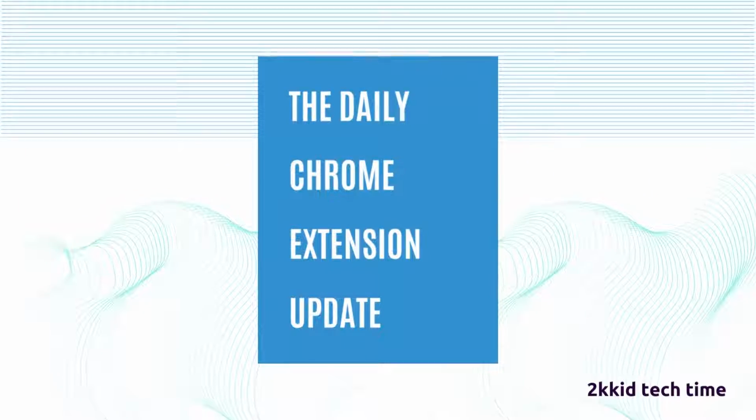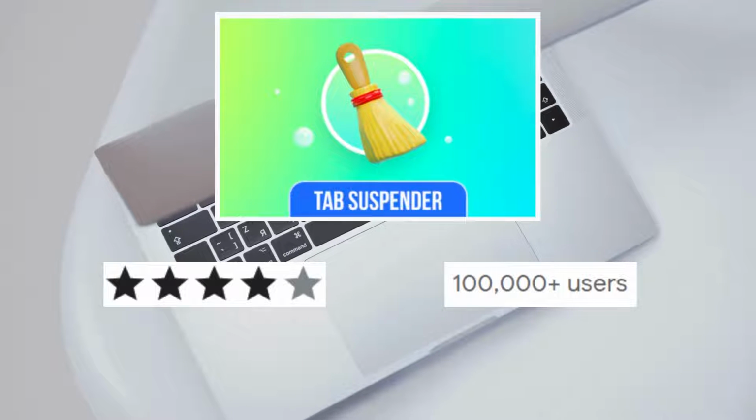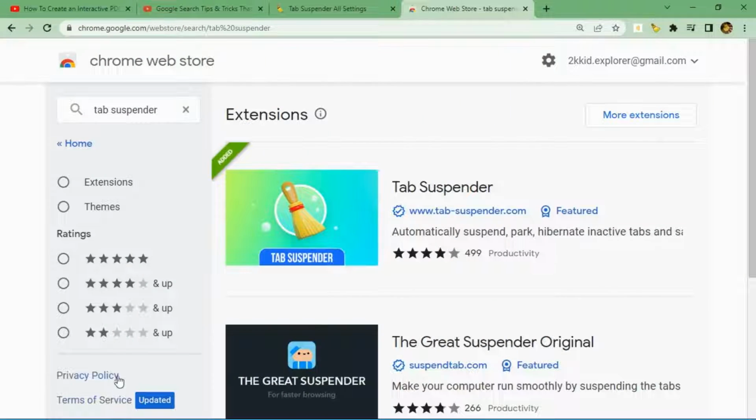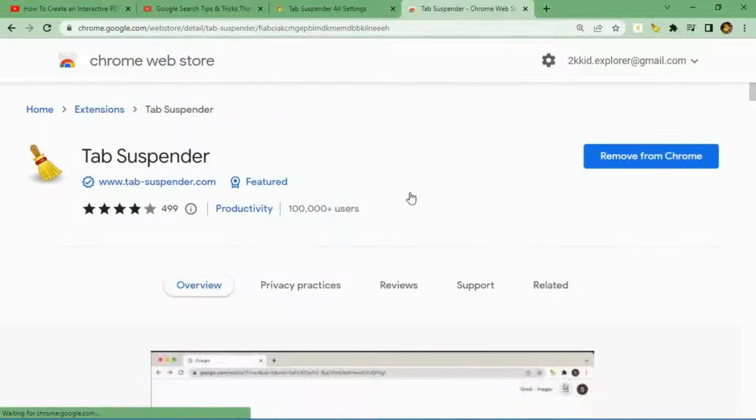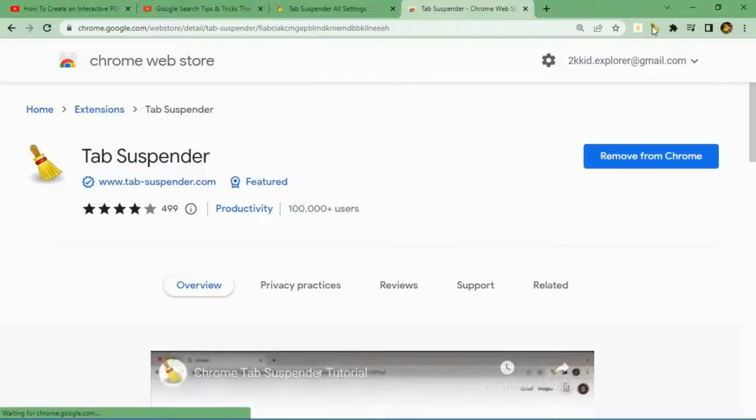Today's Chrome extension update, Tab Suspender. This extension detects inactive, idle, or forgotten tabs and suspends them, freeing up to 80% of available memory, device resources, and battery life. If you frequently use multiple open tabs, this extension will assist you by automatically accelerating your browser